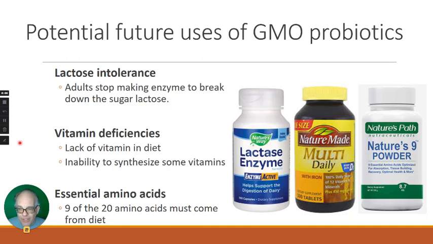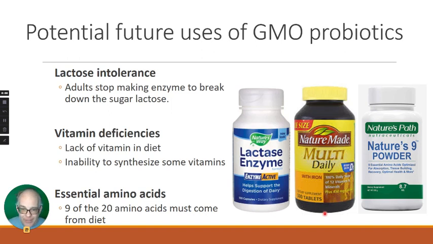There are a lot of vitamin deficiencies around the world. It's estimated that we've got like 1 billion people, and I think I've got that on the next slide, that have a vitamin D deficiency. We've got these huge numbers of vitamin deficient individuals, even though we have multivitamins available. Even in the United States and Europe, they have a lack of vitamins and an inability to synthesize certain vitamins within their body. Maybe instead of taking a multivitamin, we could take a probiotic, and that probiotic can be producing the vitamin for us within our bodies themselves.